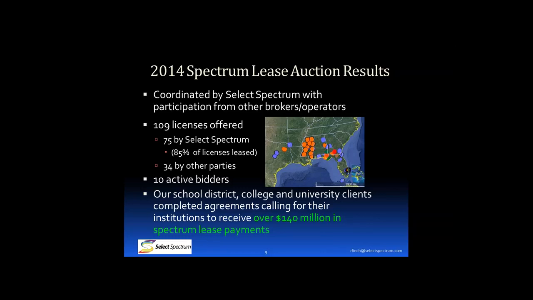There were 34 managed by other parties. They didn't have quite the same success rate, but overall, the auction raised commitments of over $140 million in lease payments over the next 30 years. More than 10 million has been paid out already. And I would say in general, our clients were very happy with the results of this. We got what we think were good values, and really decided that this is something that we want to do this year and continuing at least for the next several years as leases made before 2005 are running to their maximum term.